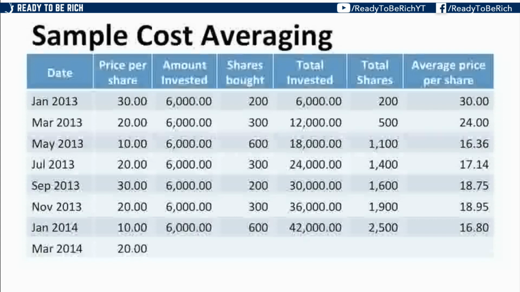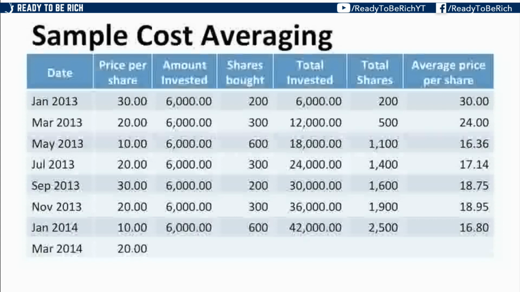Diba? Paano mo malalaman kung yun na yung pinakamababa at tataas na siya? The way to know that is to really study the market. You read company reports, you do fundamental analysis, you do technical analysis. Basically, you do what stock market traders do. Now, since we are doing stock market investing, and personally ako, I like stock market investing because it uses less time, so I can focus more on my business, on doing some of the other things that I love.